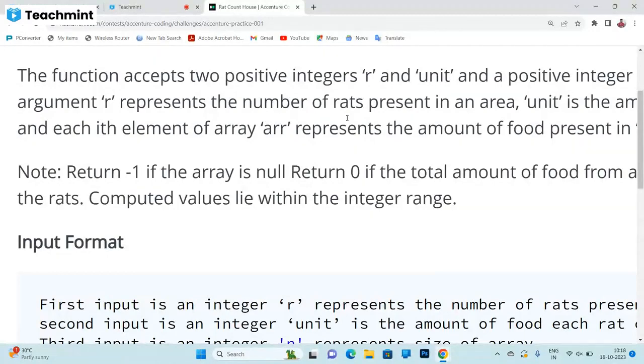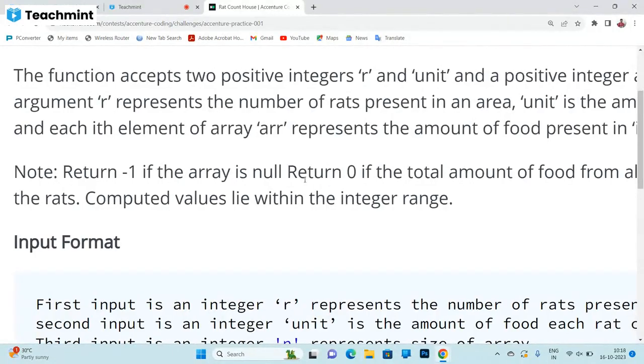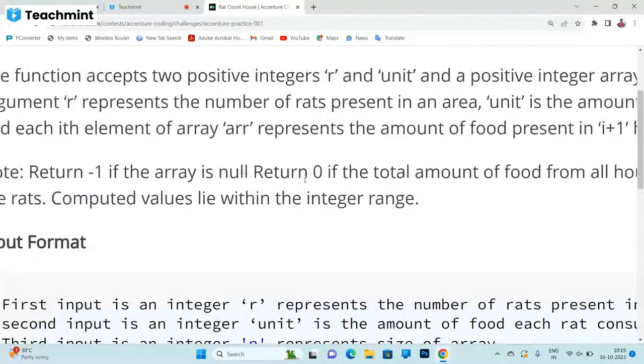Like the same, ఇక్కడ మనం ఏం చెక్ చేస్తున్నామంటే what is the total amount of food we are having, and that is being compared with what is the total amount of food that rats require. Okay, if the comparison is not valid, then you have to return 0. That means you cannot accommodate all the rats with the food you are having. Then